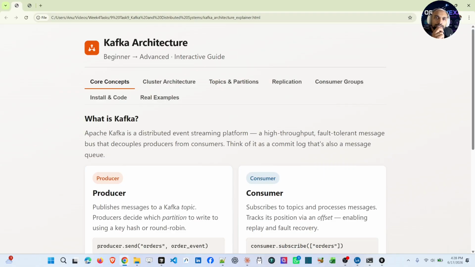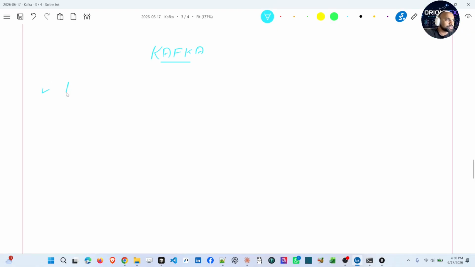And what is meant by Kafka? Kafka is a message queue system. It's not just a message queue system, rather it's an event queue system. And we can scale out. Scale out means whenever there are high requests, we can add more Kafka brokers into the system and scale out. That is one advantage of Kafka. Another thing is that Kafka is fault tolerant. It is more than a message queue system.